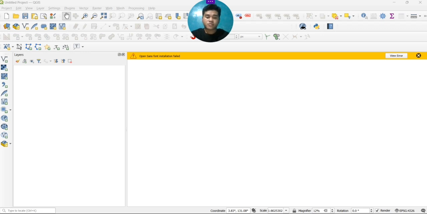QGIS supports numerous data formats such as shapefiles, GeoTIFF, and GeoJSON, and integrates seamlessly with spatial databases like PostGIS. Users can customize its features by creating plugins or scripts in Python, enhancing its functionality for special needs.